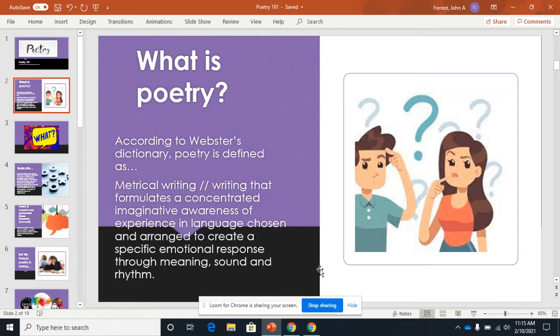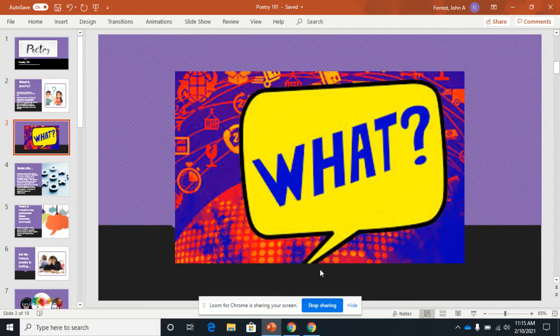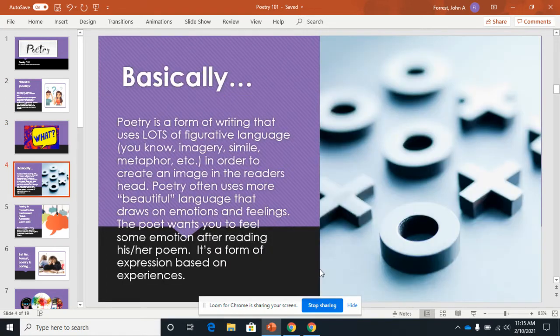So, according to Webster's dictionary, poetry is defined as metrical writing. Writing that formulates a concentrated imaginative awareness of experience and language chosen and arranged to create a specific emotional response to meaning, sound, and rhythm. That's a lot of words. What does that mean, Mr. Forrest? Well, to break it all down, poetry is basically a form of writing that uses lots of figurative language,